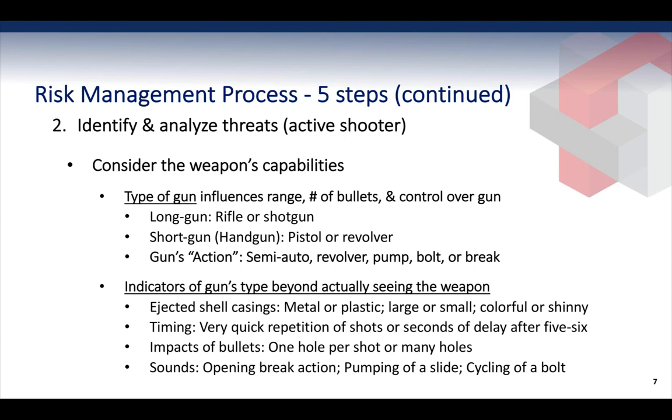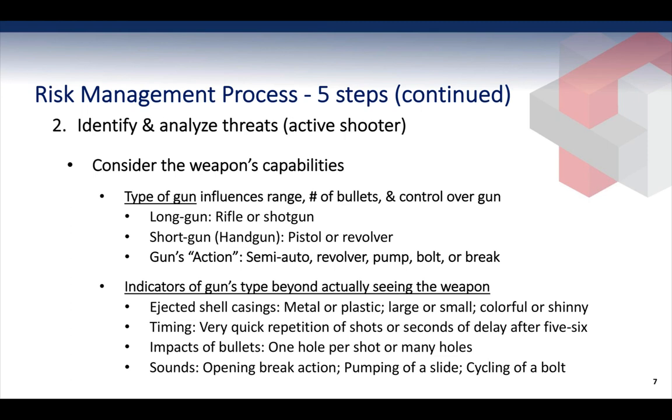A pump could be up to possibly 15 shots if it was a pump with a rifle cartridge like a .380, but it could also more likely be a shotgun with a maximum of 5 to 8 shots. Bolt action, more likely 5 shots maximum, and break is quite often a maximum of 2 shots for a double barrel, but could also be a single shot. So these factors weigh into how